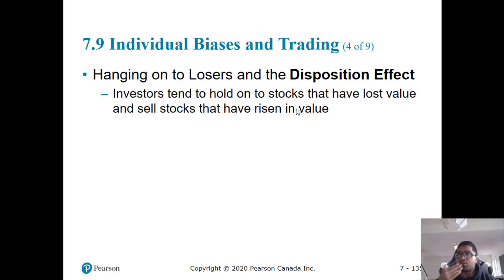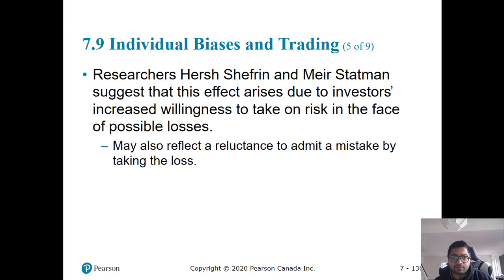So if a company is doing well, not the stock price, but the company's financial statements and cash flow, you should stick with the company unless it starts performing badly, and trim your losers. Research suggests that this effect arises due to investors' increased willingness to take on risk in the face of possible losses. It may also reflect a reluctance to admit mistakes by